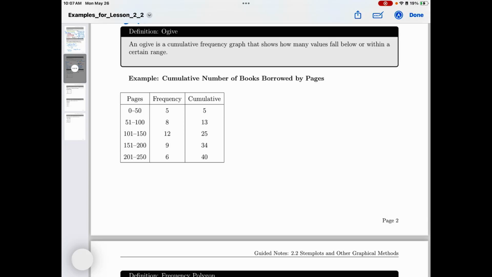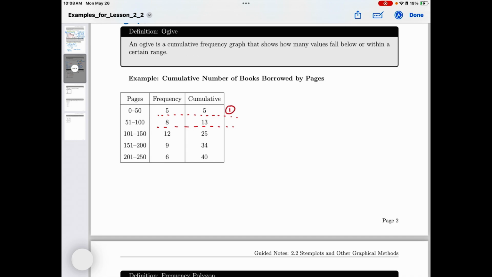Now let's take a look at graphing ogives. An ogive is a cumulative frequency graph. It's going to show the cumulative frequencies. So just a quick refresher, when you're making your frequency chart, your cumulative frequency is what you add up for